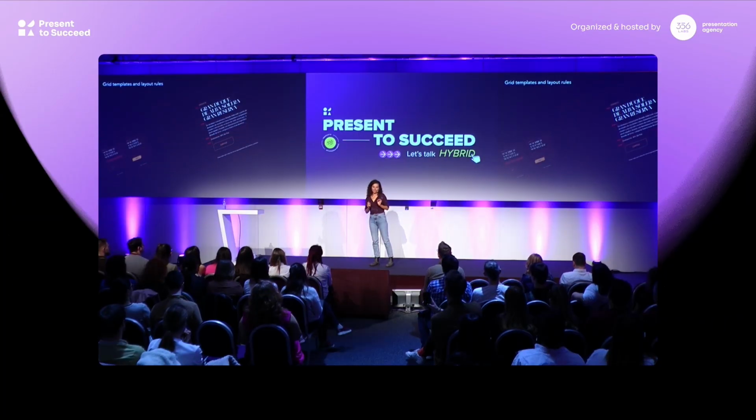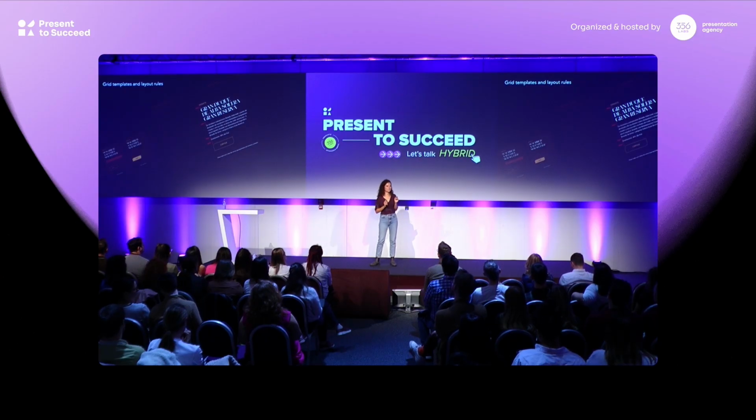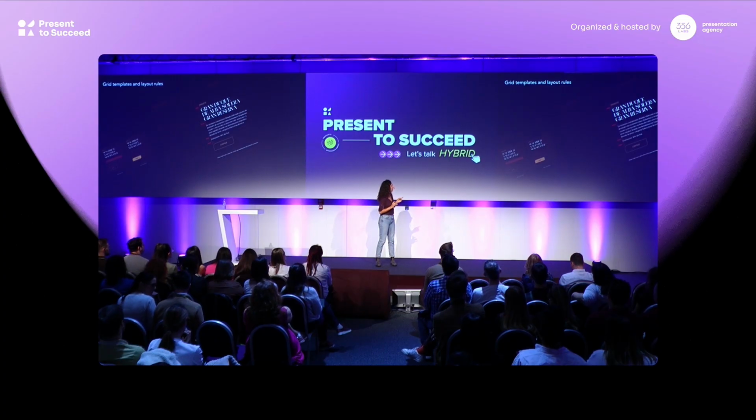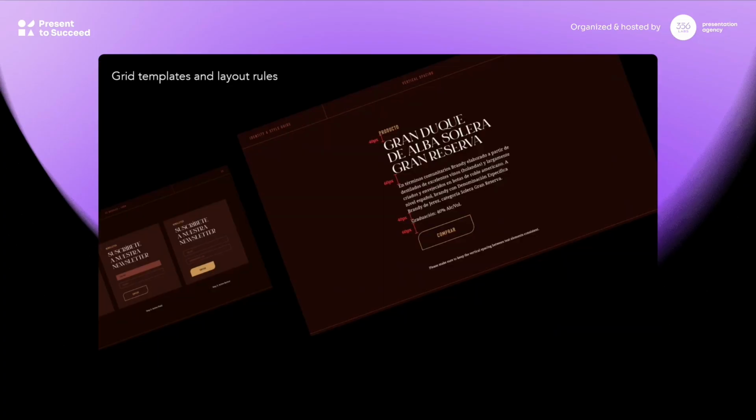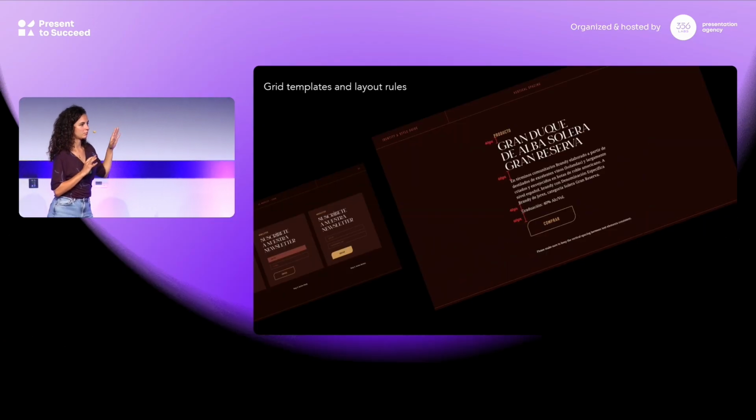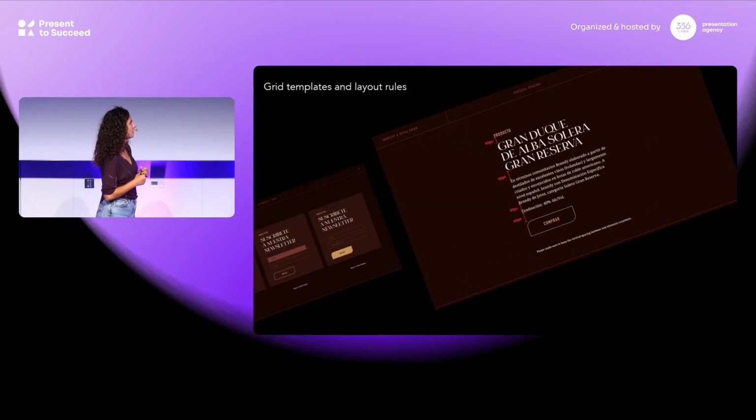And a little extra section, it's not present in every brand manual, but if you're lucky, it would be there. It's the grid templates and layout rules. Like in this example, you can see it's a piece that was created for a website. So again, it's the relationship between the sizes and the space to allow between them. So it could be nice also to apply to your slides if you want.